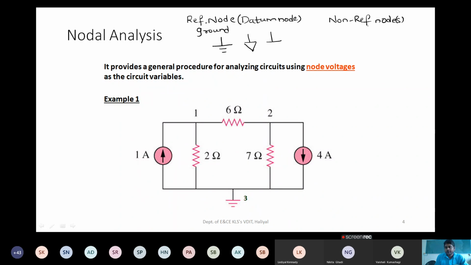And what about the non-reference nodes? Non-reference nodes are the points where all branches are meeting in a given circuit. So if you check out this given circuit,